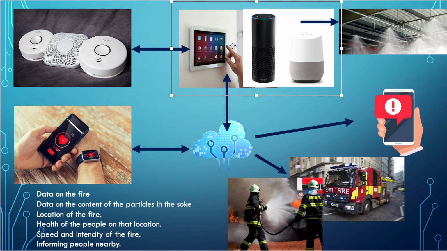Then, as this is an IoT system, automated processes will take place, which means that even if there is no human monitoring, or if there is human error, that can be avoided. So when a smoke detector detects smoke and knows that there's a fire,